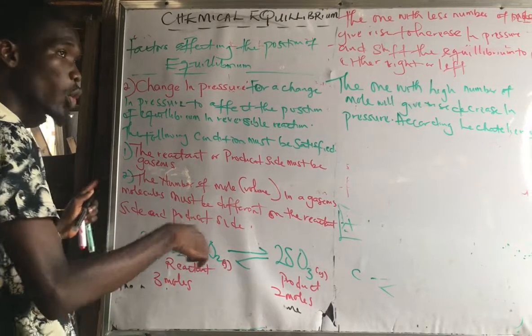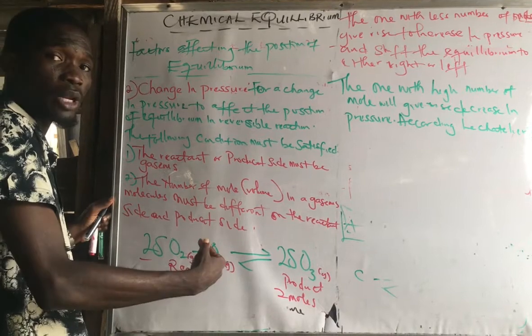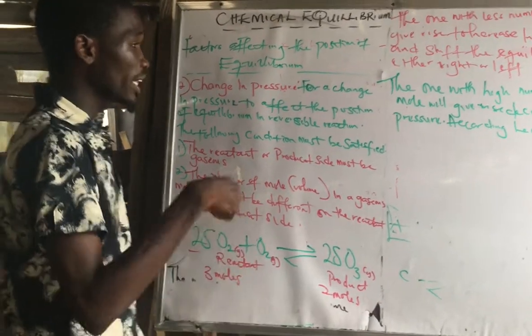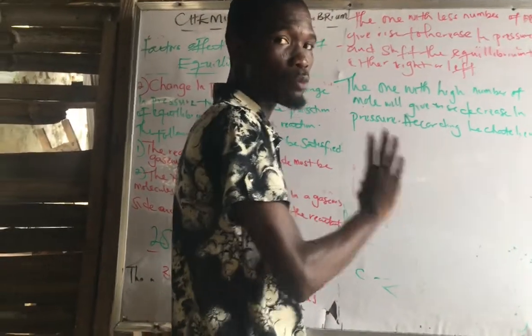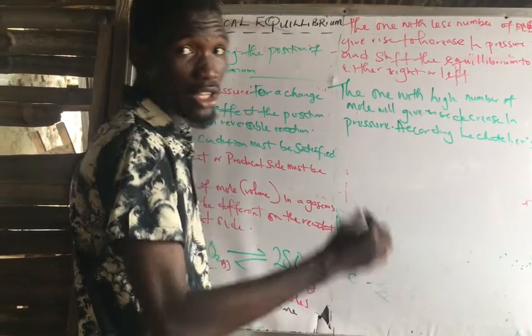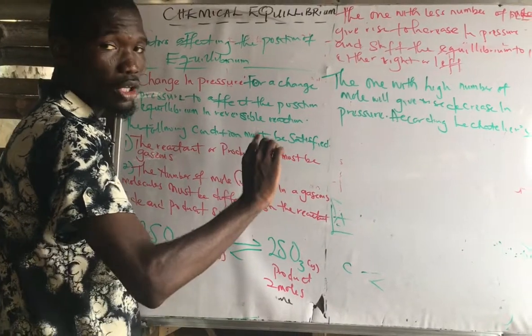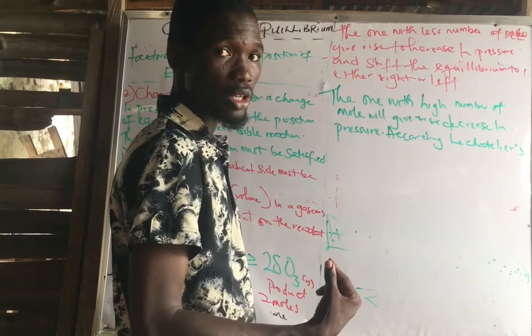The number of moles on the reactant side and product side for the gaseous molecules must be different. And the effect of Le Chatelier's states that the one with less number of moles on either the left or right hand side will give rise to increase in pressure,